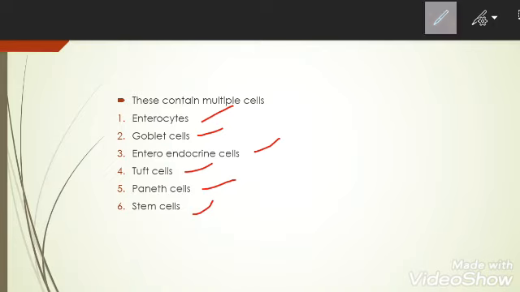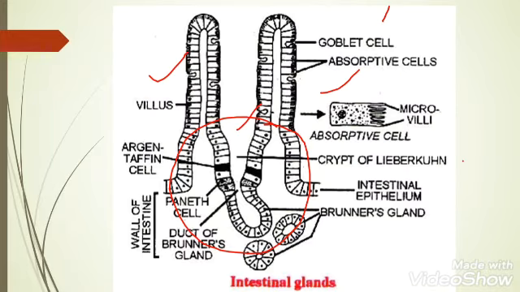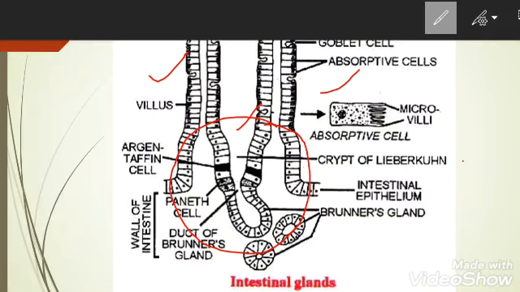Okay, that is the purpose of stem cells in case of small intestine. So I'll just take help of one diagram over here. Yeah, you can see over here. So in this diagram you can see that there are Paneth cells. Okay, so I'll take the help of my own diagram.